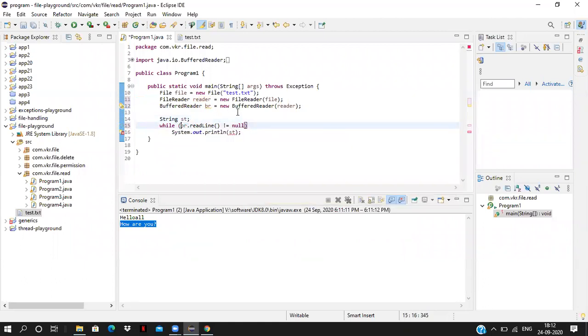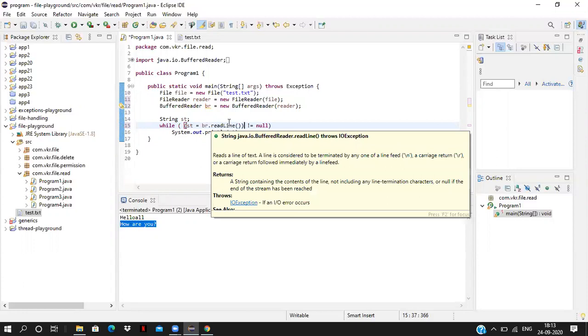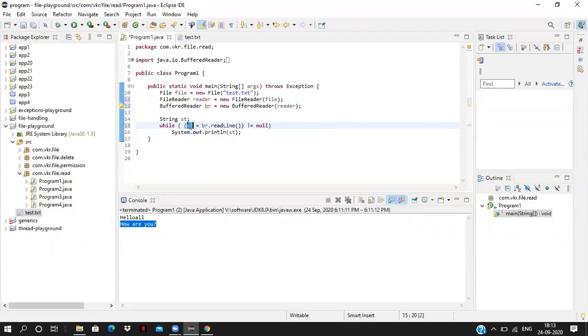Each and every time you call the readLine method, it will read the line and put it into the string. In the existing code, what they have written is str equal to BufferedReader dot readLine. Whenever the readLine method is called, it reads the first line and puts it into the string variable.